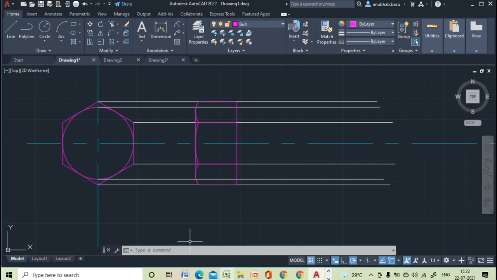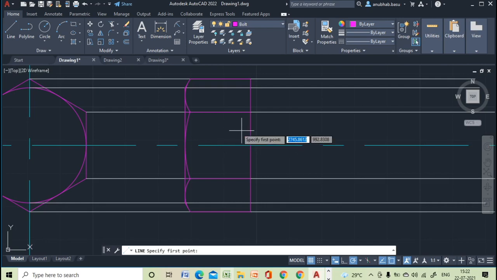So it is 20 mm diameter, so 15 mm. This length will be 15 mm. So I have to change it. So this length will be 15 mm.